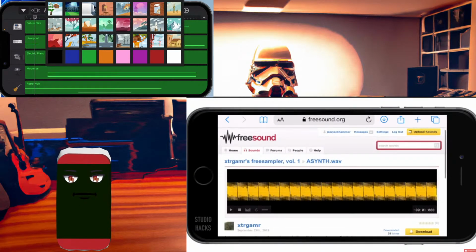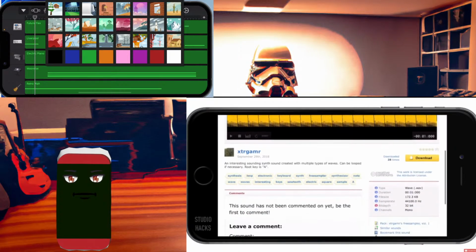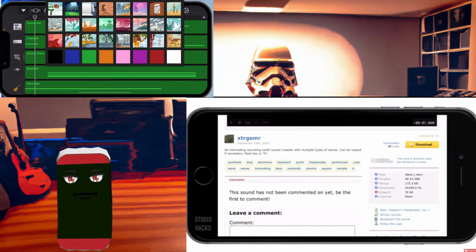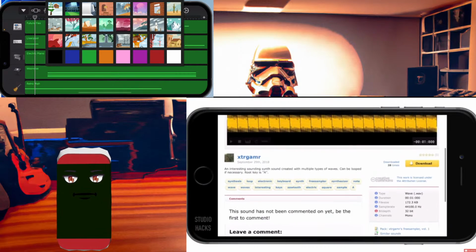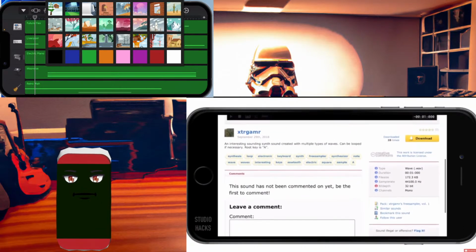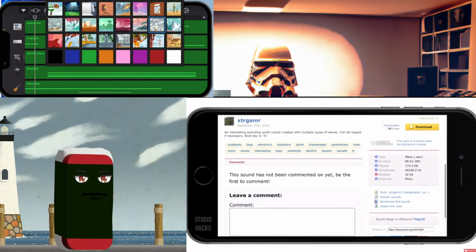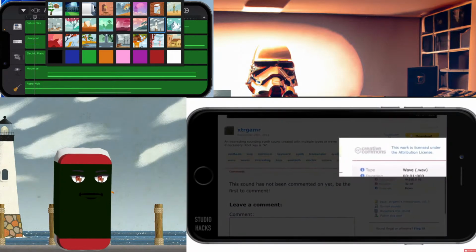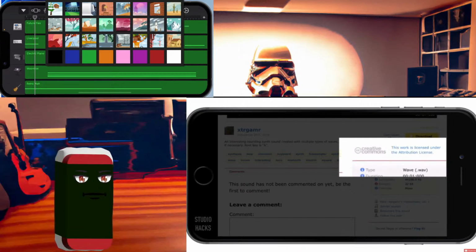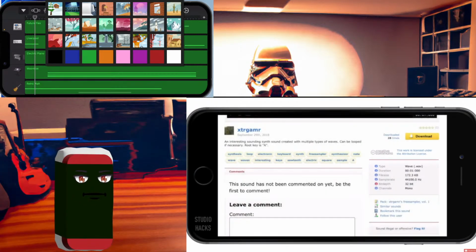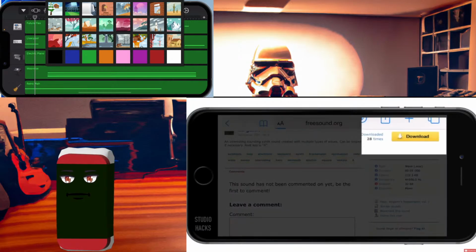And you can have a look down here and it will show you. Sometimes they will list the name of the instrument that they sampled. In this case, it looks like they've created it with some kind of software. And you'll see here on the right-hand side that this is a Creative Commons sound, so we are free to use it. When I hit download right here,